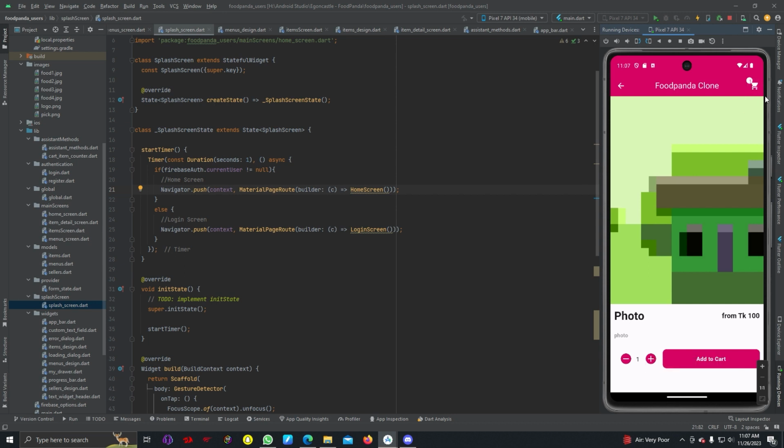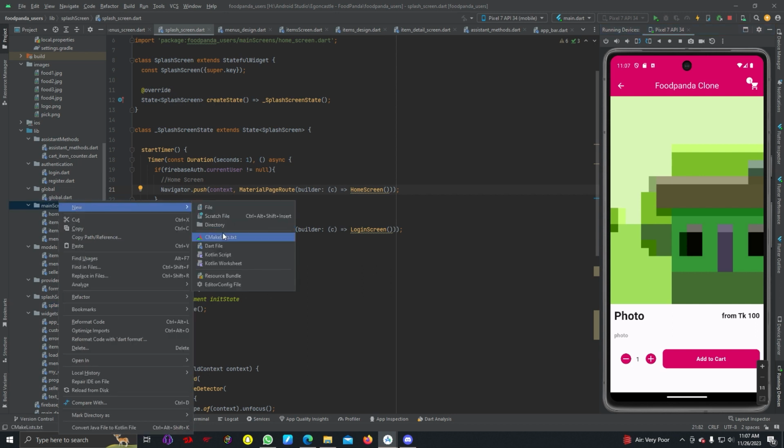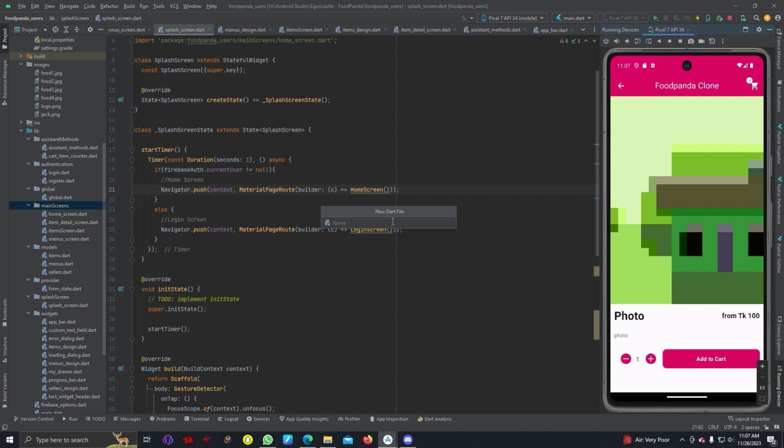So now we can add our item to cart, and now what we want is when we click on the cart icon, we should be able to go to cart screen. So let's implement our cart screen. For that I'm going to add a new cart screen here in our main screen directory. So add a new dart file and name it cart screen,